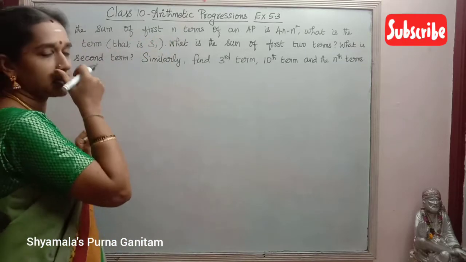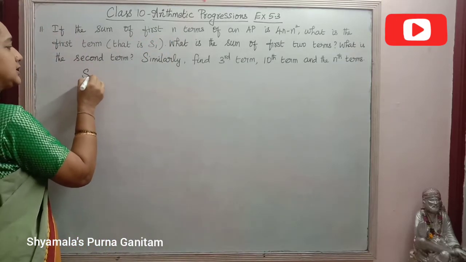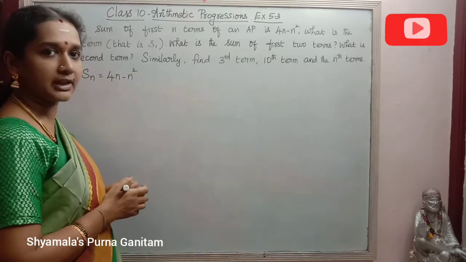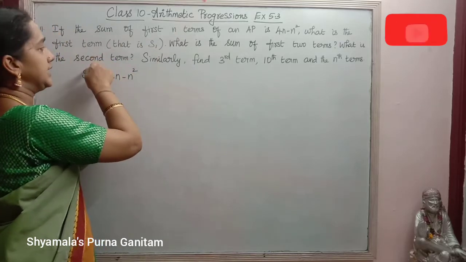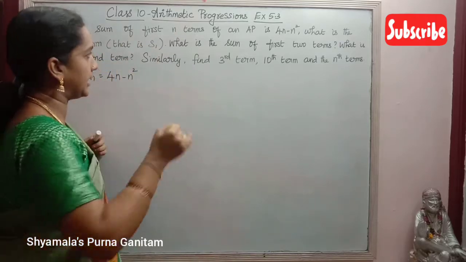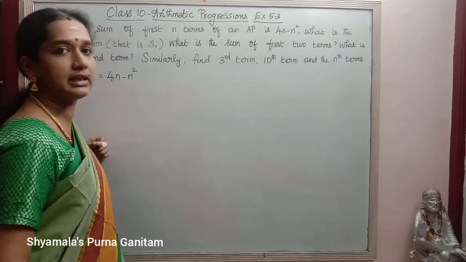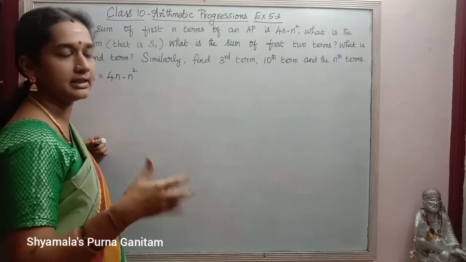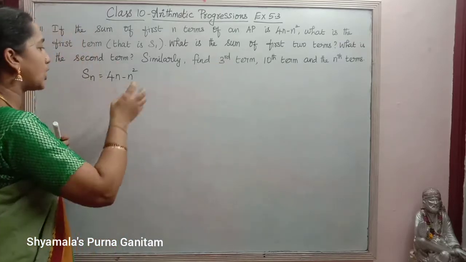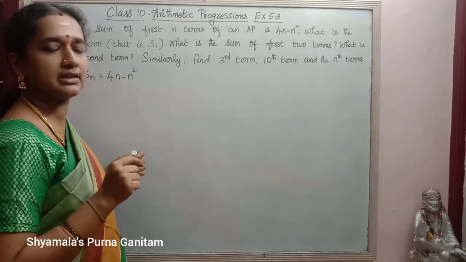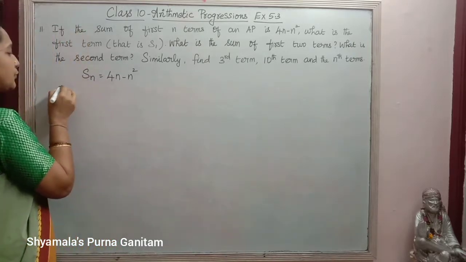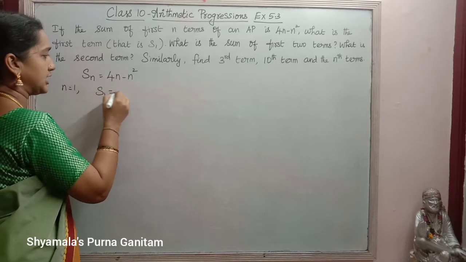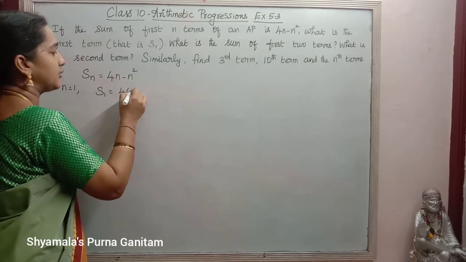So sum to n terms of an AP is given as, that is Sn is given as 4n minus n squared. So after that S1, S2, then A2, second term, that is A2, A3, A10 and An, they are asking us to find. So for everything we need A and D. Then only we can find all other terms. So for finding that, the information given is Sn is equal to 4n minus n squared. So with this, we will take n is equal to 1. So S1 will get. So S1 is equal to, wherever n is there, we will substitute 1.